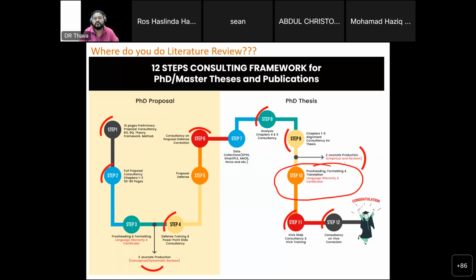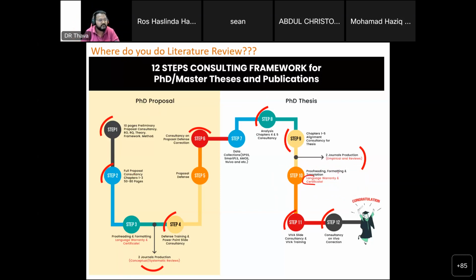Finally, make sure you proofread your final thesis before you go to your external examiner. This is something you can never take chances with. Please, please, please don't rely on Grammarly when it comes to all this. Seriously, it won't be sufficient. Because structural integrity is important when the language flows. Otherwise, people can't understand what you're trying to say. It's not only about grammatical errors, where you put the and, where you put the. It's about the story flow. That's why we introduce something called structuring. Language structuring, not formatting. Formatting is a different story. So Grammarly alone would not be sufficient.